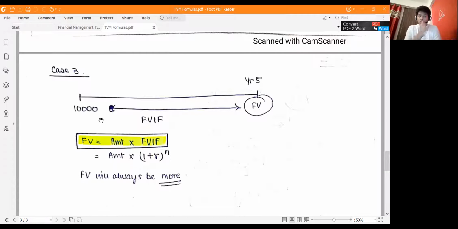One important thing to note over here is that, let's say the rate of interest is 12%, the n given over here should always match with the rate. For example, if the period is per annum and the rate is also per annum, that's completely fine, you can put it directly. But if your period is given per quarter, and the rate is 12%,